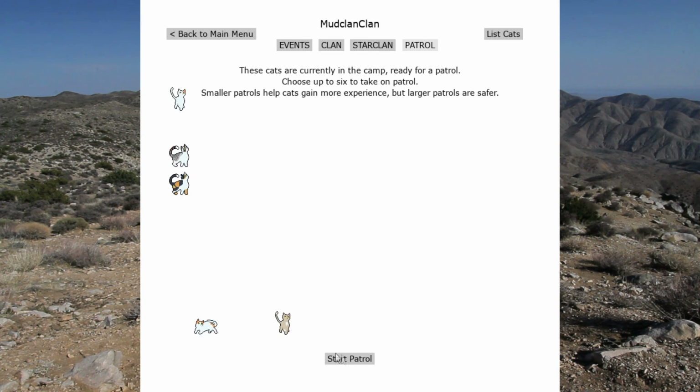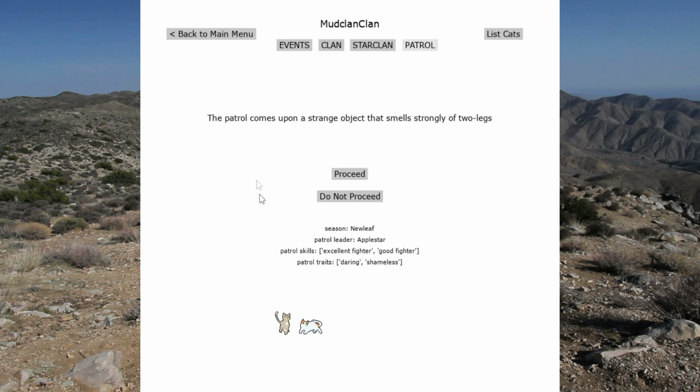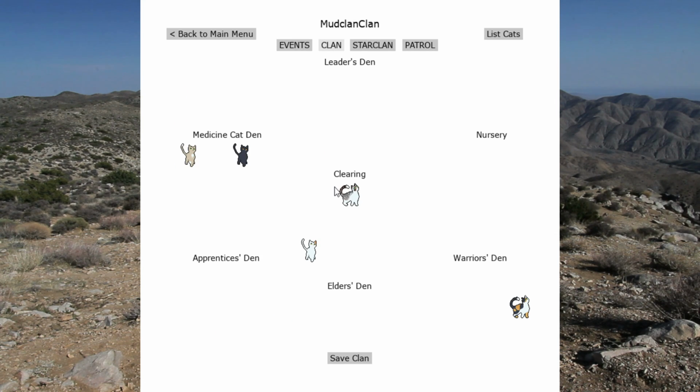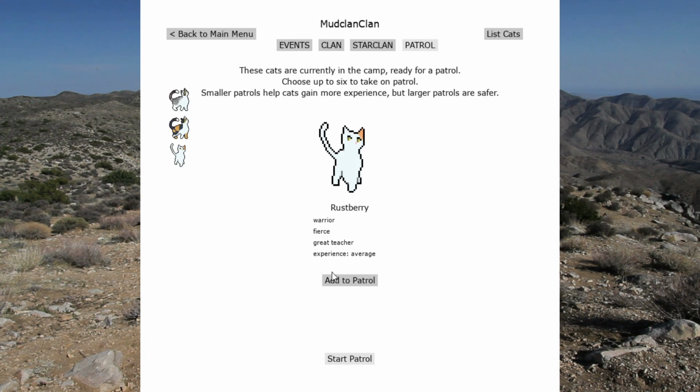Applestar is going to go out with Duckleg to, like, keep an eye on him and see what's up with him. And they check out a 2-leg object. So nothing much happens. Alright, and then Rustberry and Lizardfin